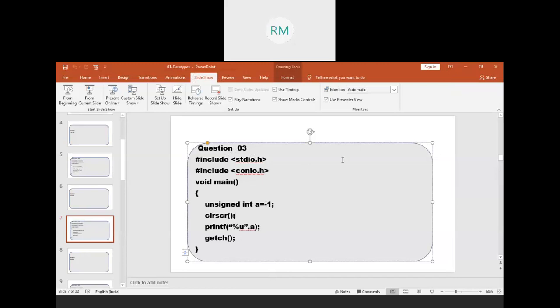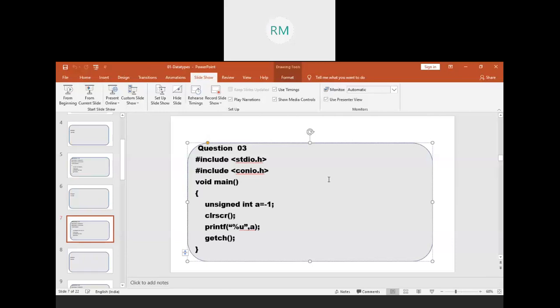Start from 0 and count in anti-clockwise. The immediate next left value of 0 is the -1 value. What is its equivalent positive value? 65,535. You draw the circle, start from 0, the middle value is 32,767 and the last is 65,535.